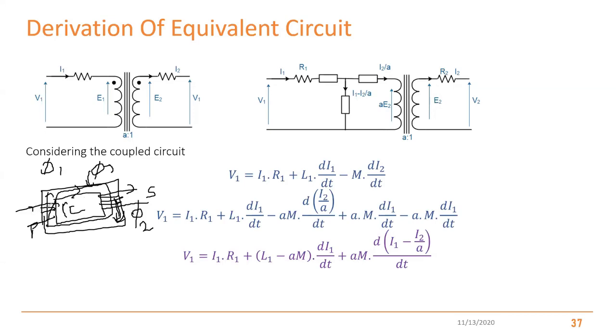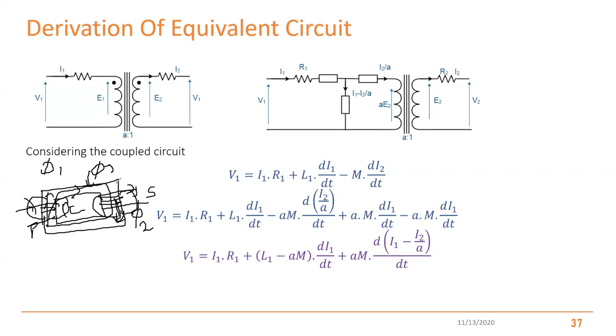Earlier we only understood it as being done by the primary. But actually it is not. What happens is that it is a mutual flux, which means both coils contribute to it. Therefore, other than this mutual flux there will be some leakage flux, and leakage flux creates some self-inductance.